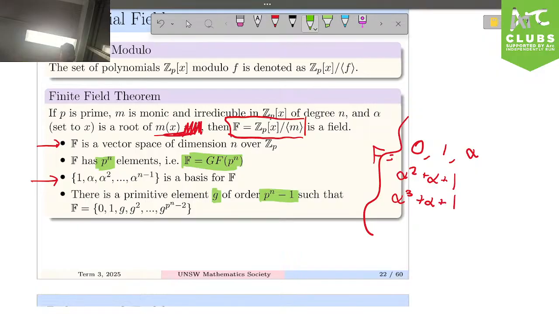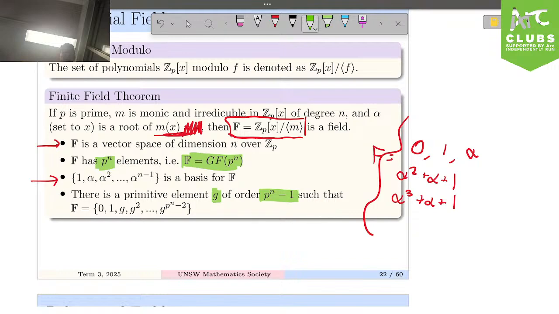Remember, that was the definition of a primitive element. We could multiply the primitive element onto itself and get the invertible elements. And in a field, every element is invertible. Does this make sense? Apart from 0. Apart from 0, yeah. So actually, that's part of the definition of the field. 0 is not invertible. Yep. The thing that's meant by the minus 1 is that 0 is not. That's right.